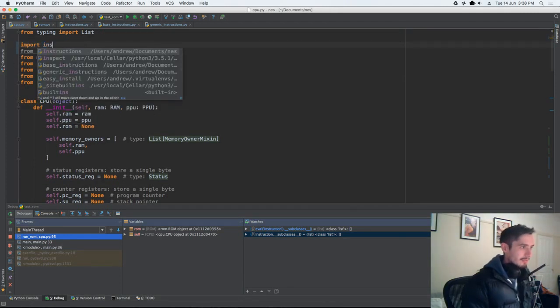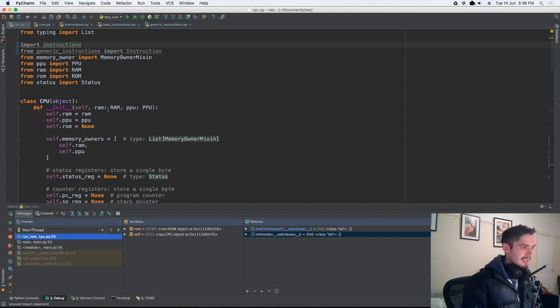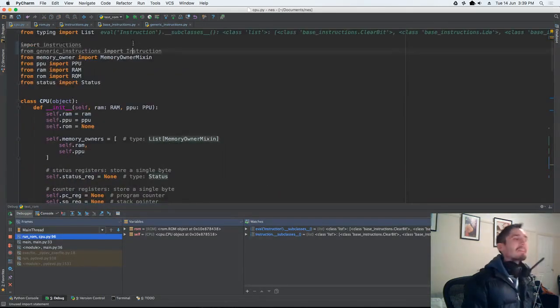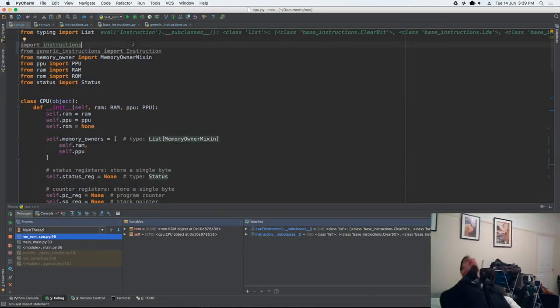So if we do import instructions, we're going to have to import all the classes. Oh god. So we don't need to do this eval stuff, we just need to import. Okay, so the way Python is going to be doing it is that this import instruction is actually going to be running the code in that class and registering anything. So we actually need to import instructions